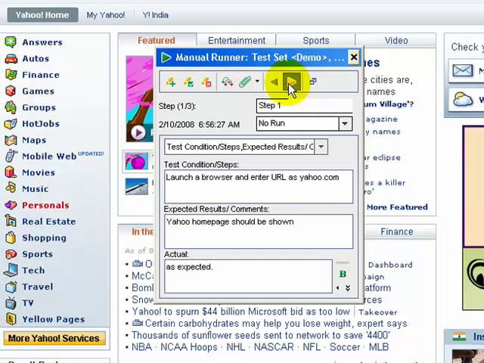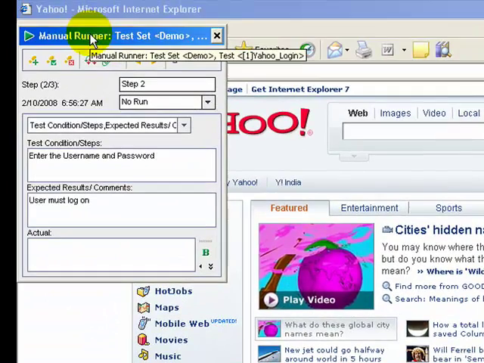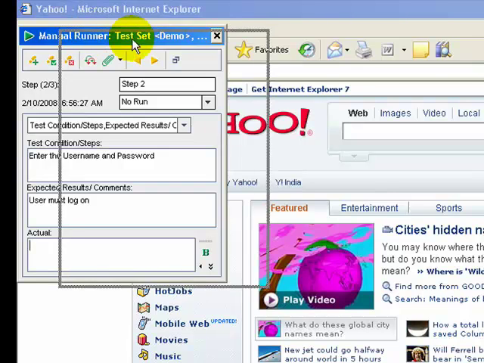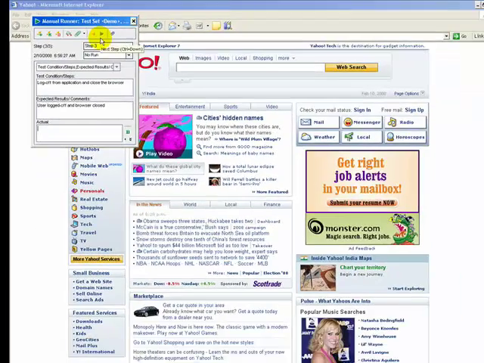Click the next step icon, which displays step 2. Step 2 would be enter a username and password. Expected result would be the user must log on. I can enter the username and password and update the actual result. Let's assume the user was signed on successfully. Step 3 would be